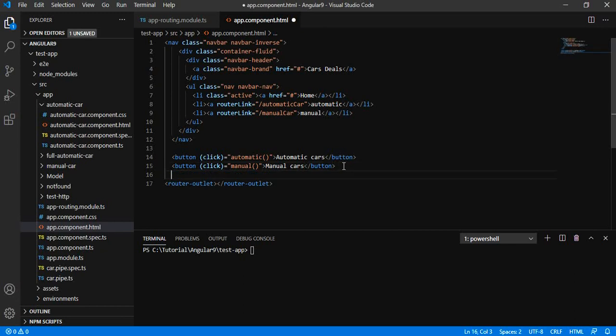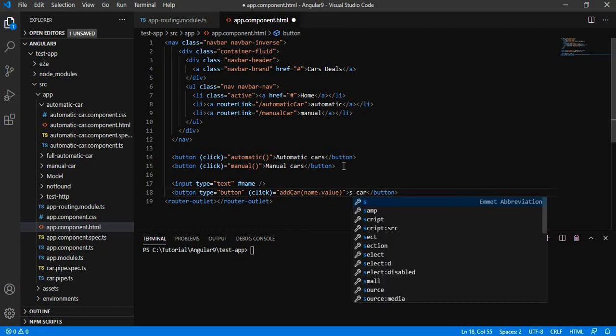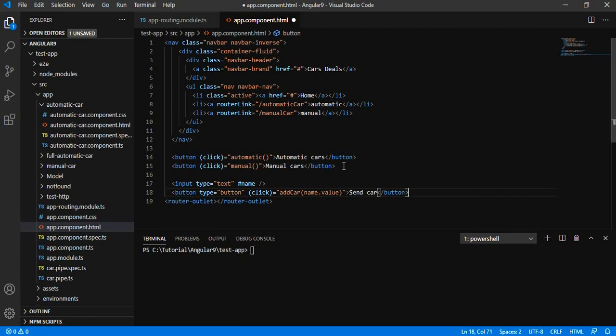Let us try to add a text box. Let us add this particular method in app.component.ts.